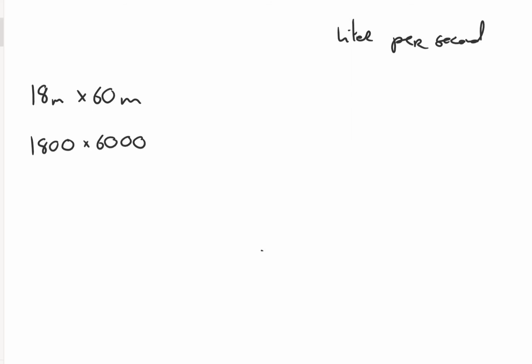6,000 centimetres, and that is 1800 multiplied by 6000 equals 10,800,000 centimetres squared. Okay, and then it says during a storm 10 centimetres of rain falls, so that means we